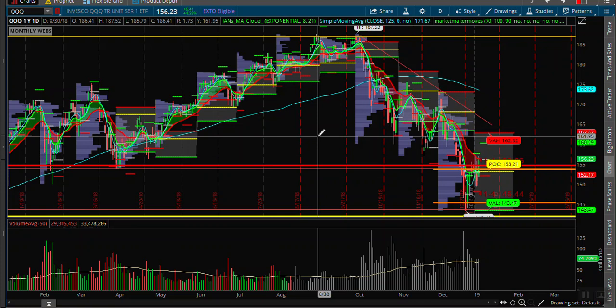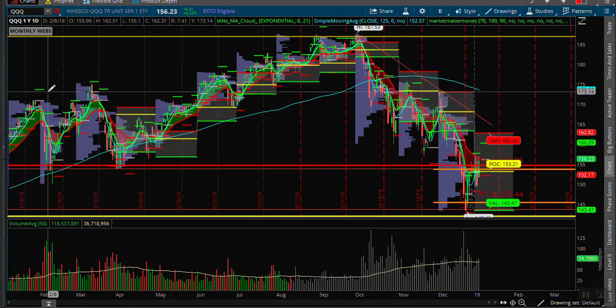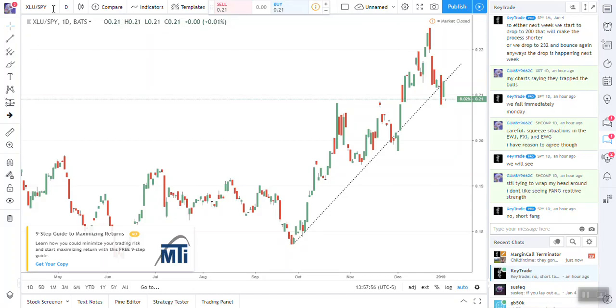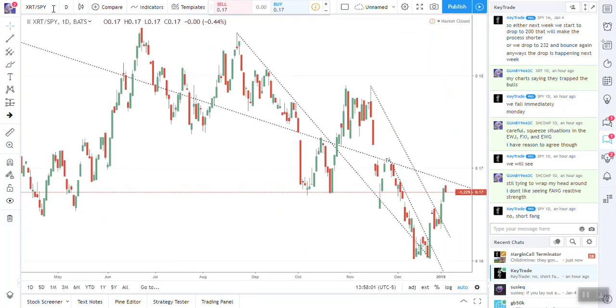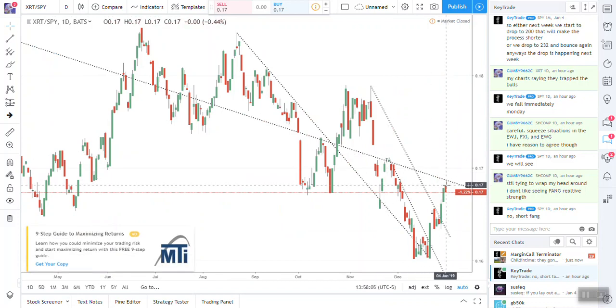And I forgot to give you XRT SPY. One of the areas that's outperforming, that's your retail sector versus SPY. They're expecting a really good solid Christmas season. And you see what happened here? The retail sector come Friday, it underperformed the SPY. Okay. And that's what that candle tells us right there. And that gives me a little concern here. I said, if you got relative underperformance in the retail sector, which has been relatively strong, on a very strong up day,